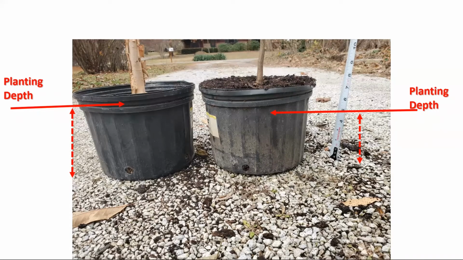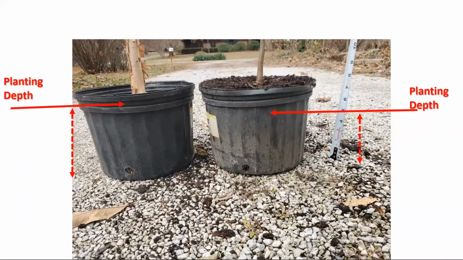And I don't really have a great picture of this from fall tree planting this year, but a great way to figure out that depth is to get this measurement, say 5 inches. And after you dig your hole, if you lay a shovel handle across the hole, you can use this tape in the same way to measure down off the shovel handle. It's a real down and dirty in the field way to guess. Another way is just to set the pot in there and look and estimate.